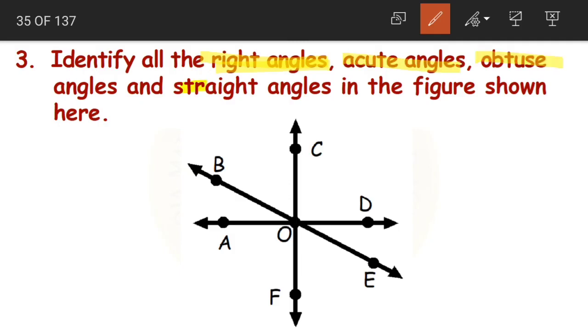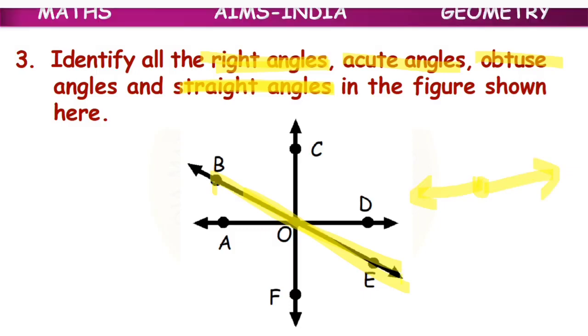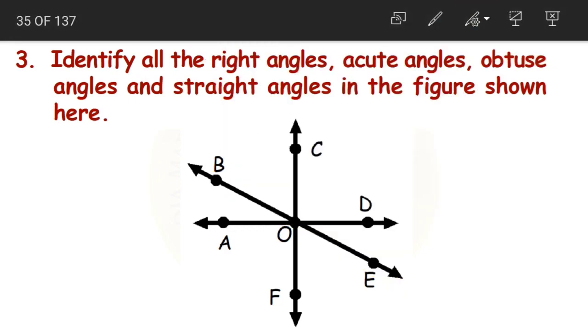Then obtuse angles, the angles that are larger, bigger than the right angles. And lastly, straight angles, the angles that are formed on a straight line. When both the arms are facing the opposite direction from the vertex, we get a straight angle. I hope this is clear, children. In the coming class, we'll learn